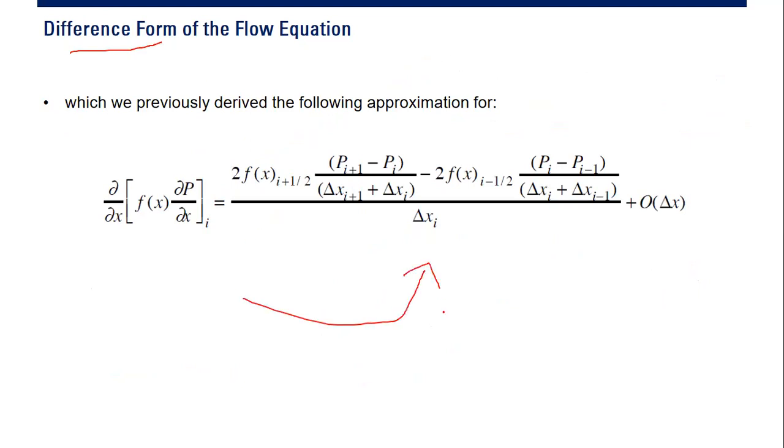And then we know that d/dx of f(x) dp/dx can be written using difference form like this. Notice that the error is of the order of delta x, so the order is quite big, the error is quite big. You know already, using the discretized approach, we get this: d/dx of f(x) dp/dx is f(x) at i plus 1.5 multiplied by something, something like this. So that's the numerical form of this partial differential equation.